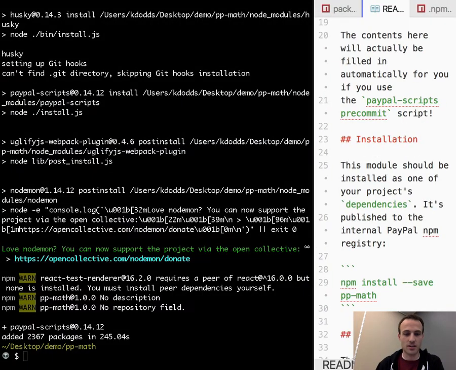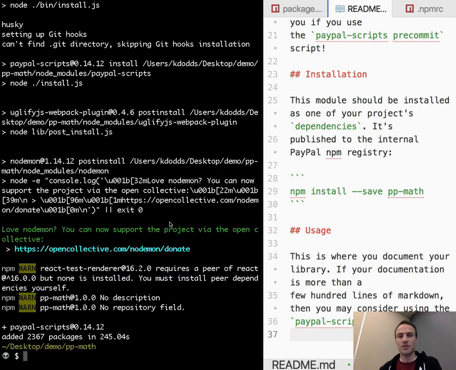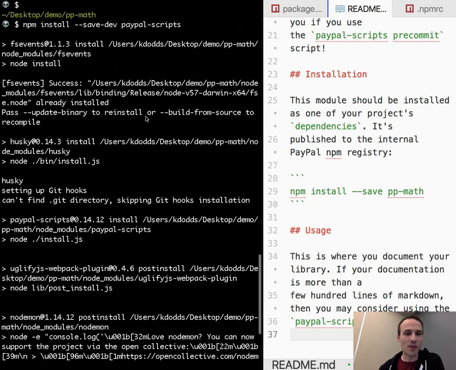That was actually faster than I expected. That's great. Yeah. So I want to point out a couple of logs that we see here really quick. So one thing that's happening when you install PayPal scripts is it runs